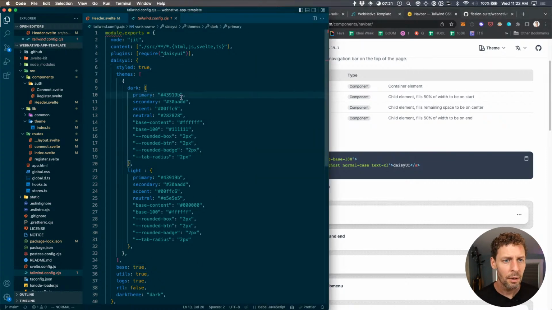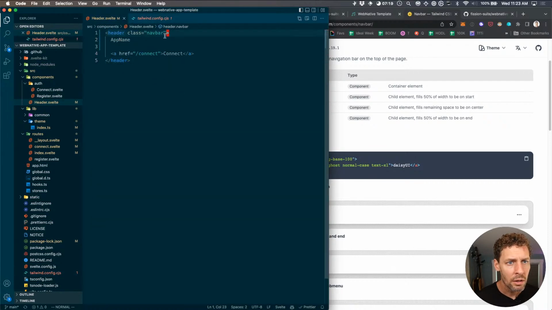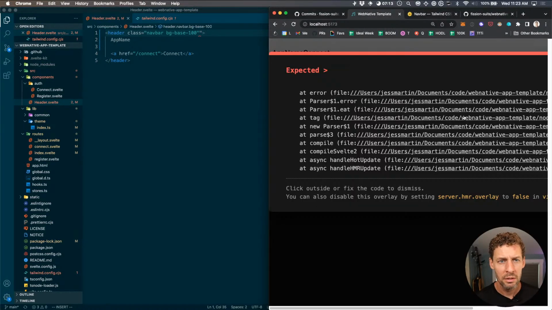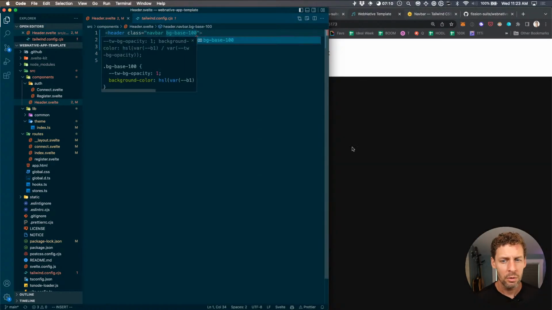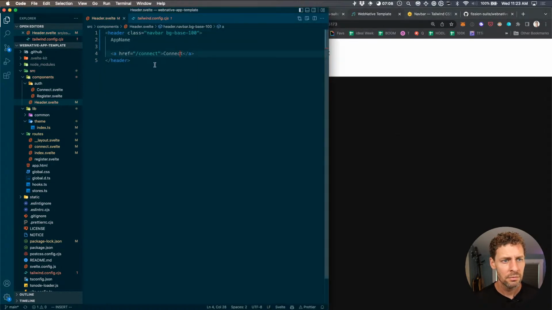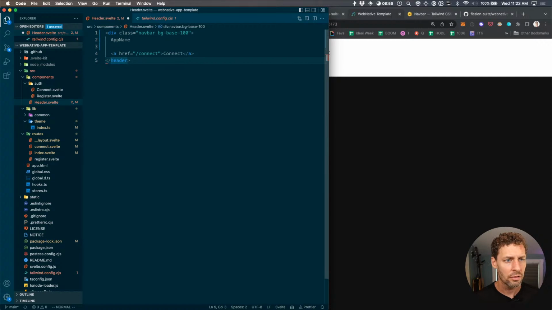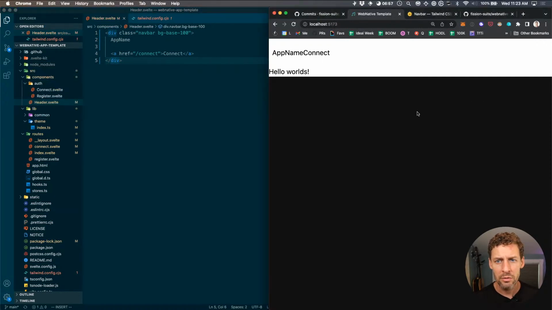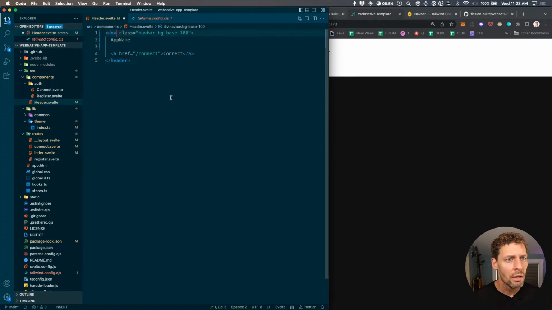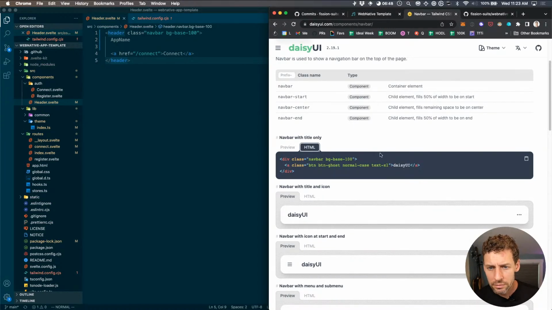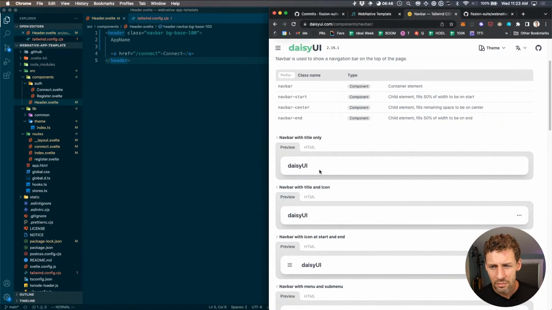Let's see. But I think if we use the same, maybe this will give us a little bit more visibility into it. Yes, yes, sorry, extra quote. And again, it doesn't matter whether it's a header or a div, because a header is just a semantic div. Yeah, okay. Go back to header here. Cool, and then yeah, I'm still not exactly sure why all that stuff is there, but